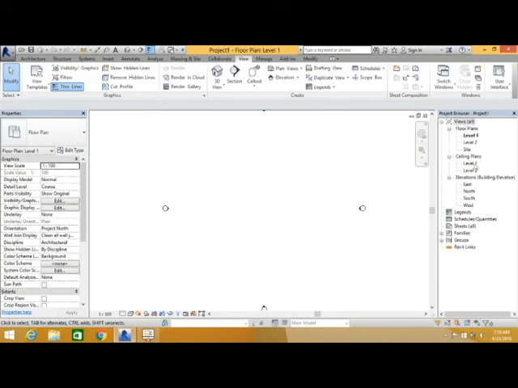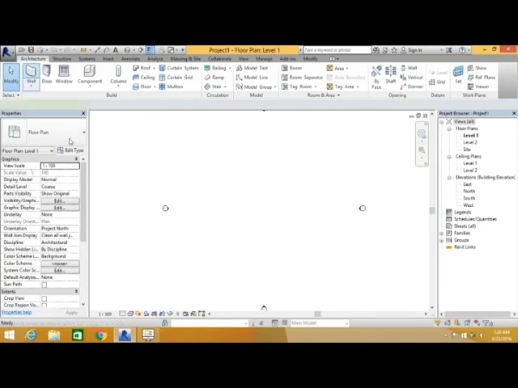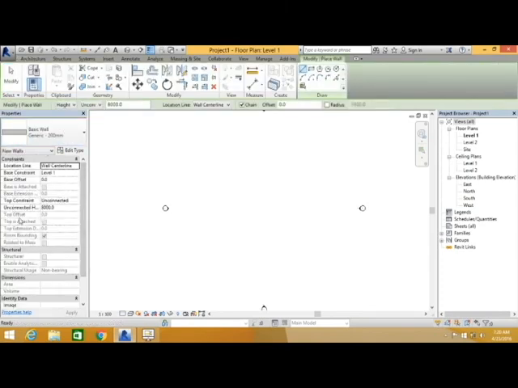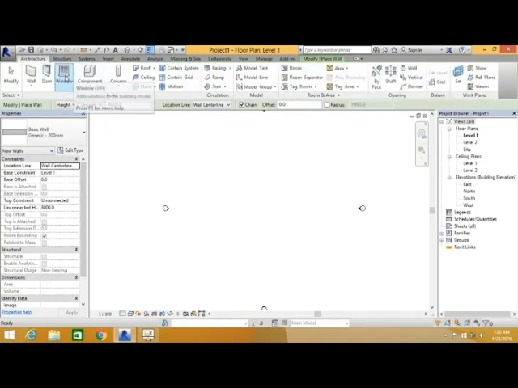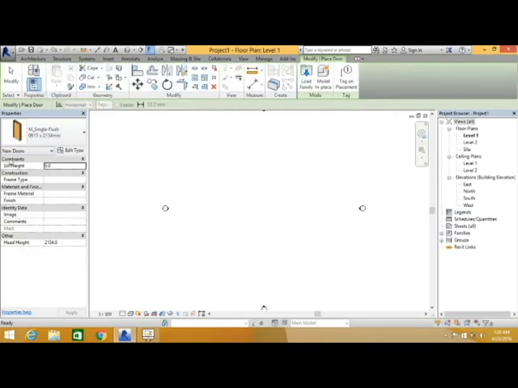Project browsers in the sense, here you can see the different views like floor plans, ceiling, elevation, sections, 3D views, legend views, drafting views, and many more views what we are going to create in future. Properties is basically setting. Properties we use to set the parameter. So go to the architecture, you select the wall. Here you can see now it's a wall related parameter. If you select from here door or window, then door related parameter will be coming. So properties normally we use to set the parameter, and project browser is different views.